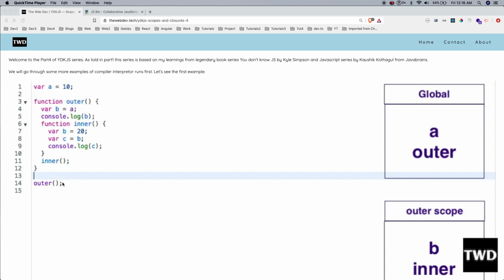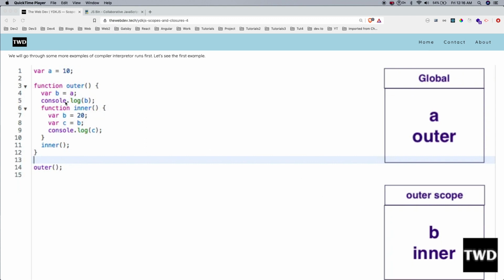It executes outer and comes to line 4. There it asks the compiler whether it has a var b in the outer scope. Yes, it has, so it assigns a's value, which it already has, 10, to b. Then console.log b runs, and 10 is printed.